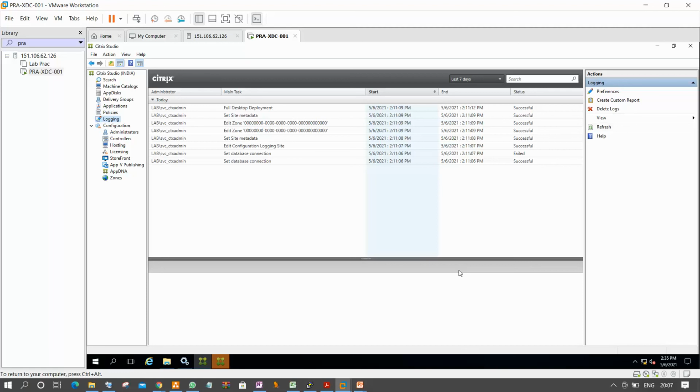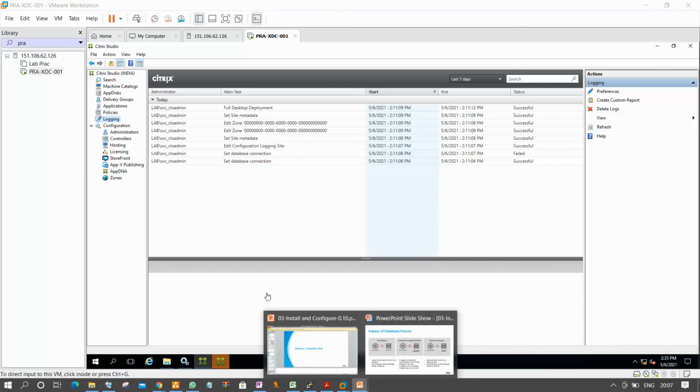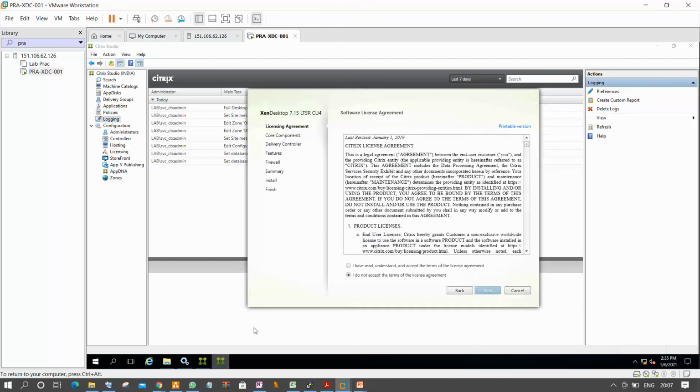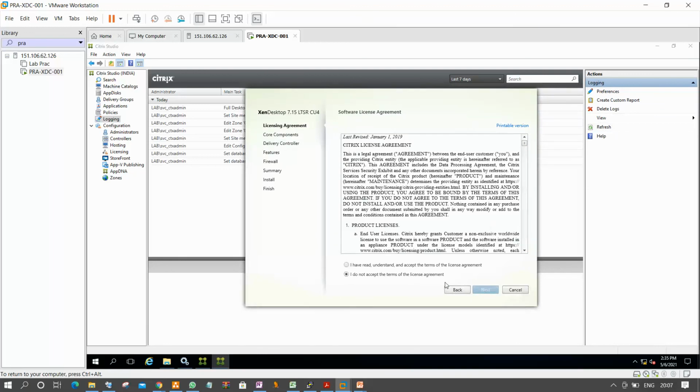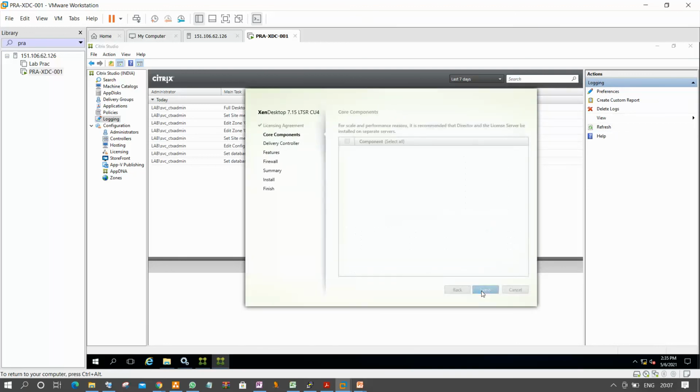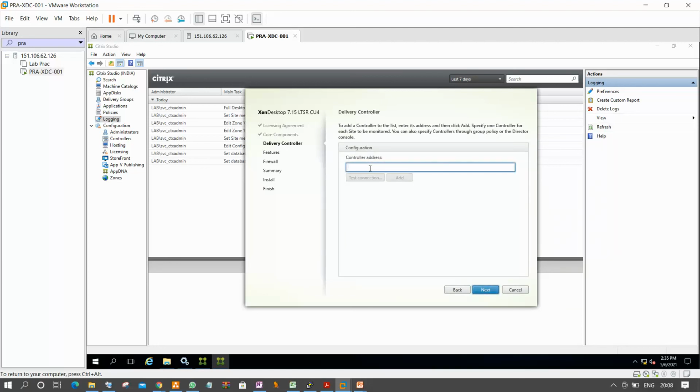No. So coming to Director, it is installing. Just side by side we'll install it. For Director we require the delivery controller. What is the delivery controller name?